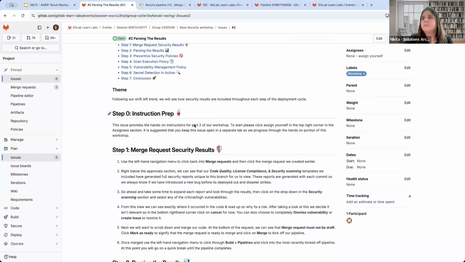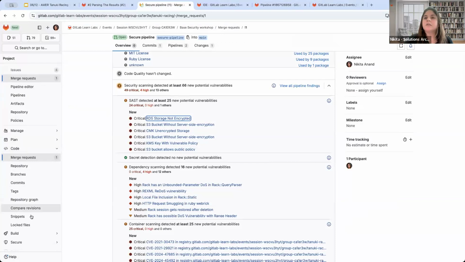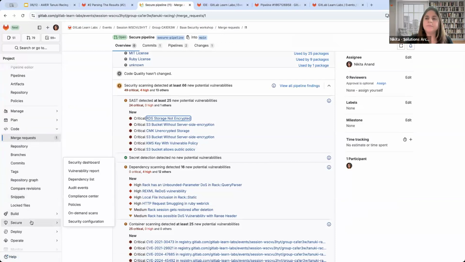Now I'm starting lab two. So we looked at the section where we could see code quality and license compliance. There was a full report generated for that. Another thing in my presentation is where I talked about the security dashboard, right? So if you go under Secure and Security dashboard,